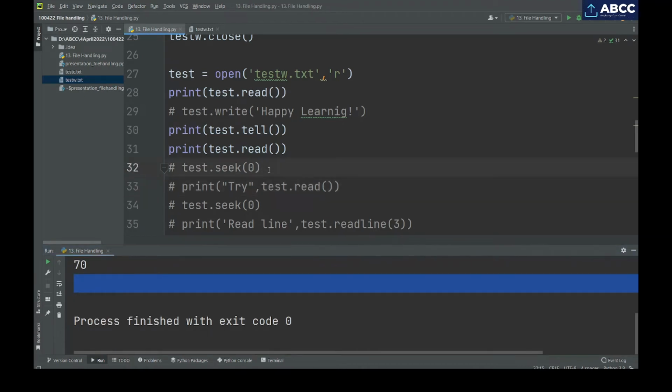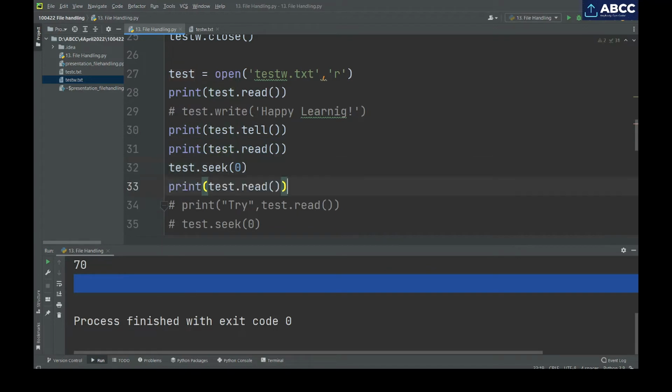That's great. But now I want to drag my pointer back to 0 and read again. Let's see whether it is working or not. So here I'm going to use the test.seek function, and in the argument I'm going to put 0. That means 0 is the pointer place. Now I am going to run it,